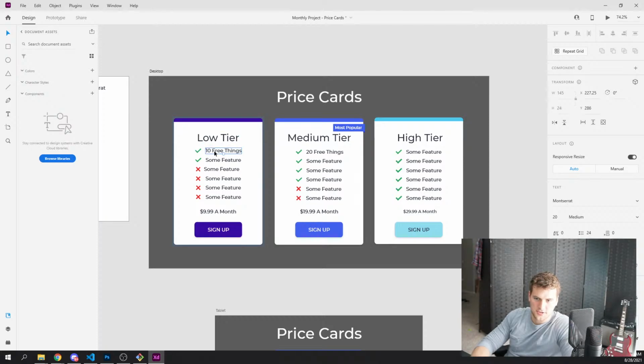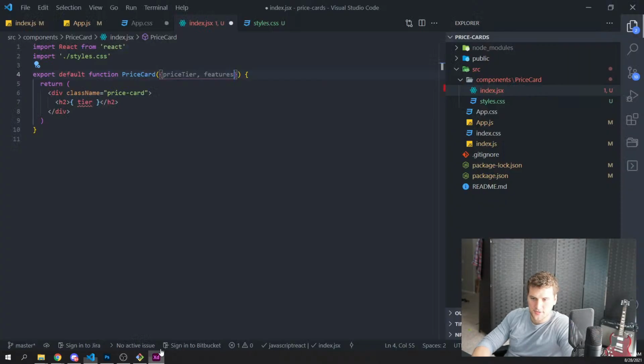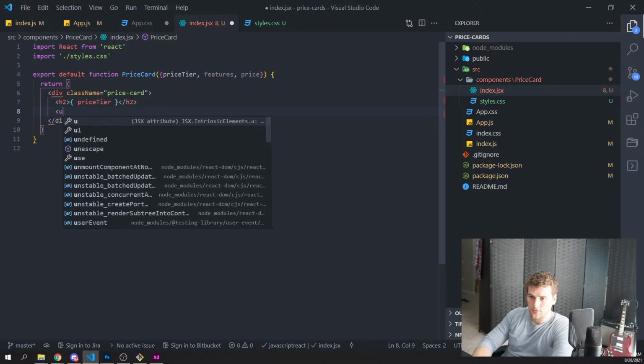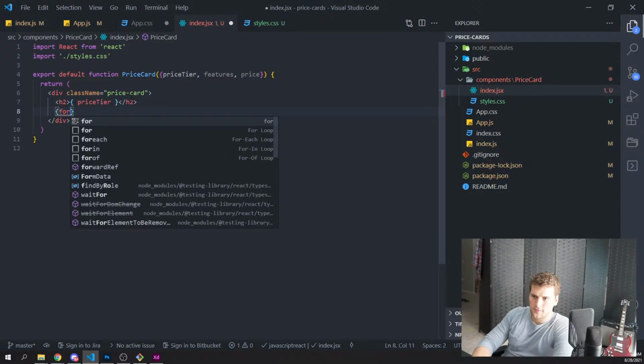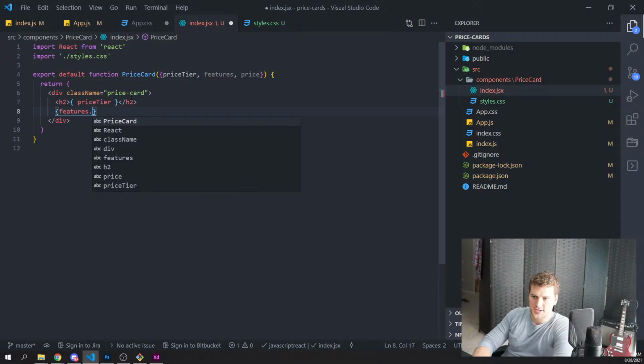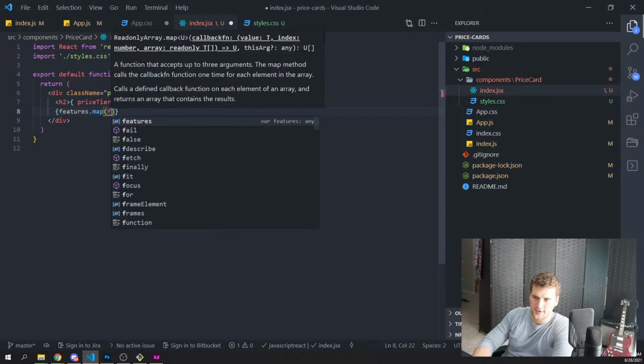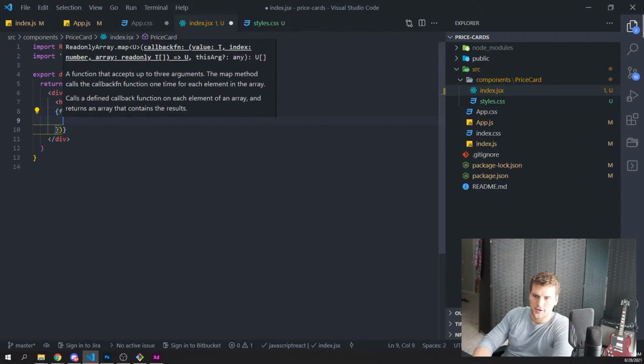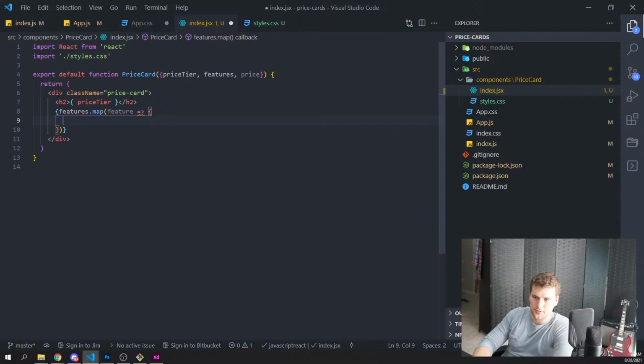Yeah, we'll have the tier, and then we'll have the features. Oh, we need the price. So we got that, and we'll copy that, put that here, and then below that we'll have features.map, and we want to have a feature, and then an arrow function into.